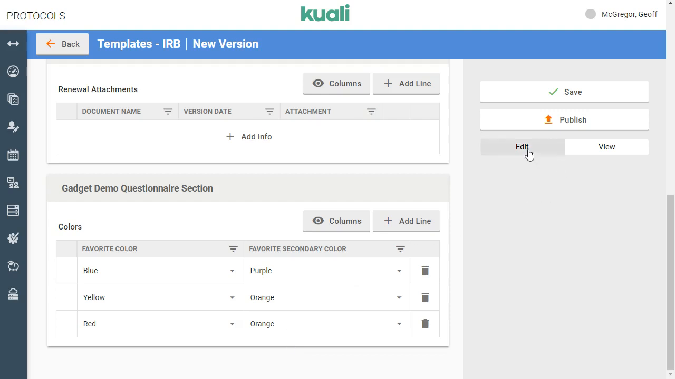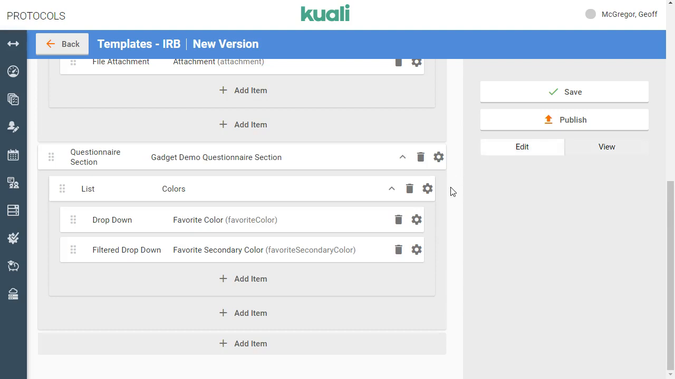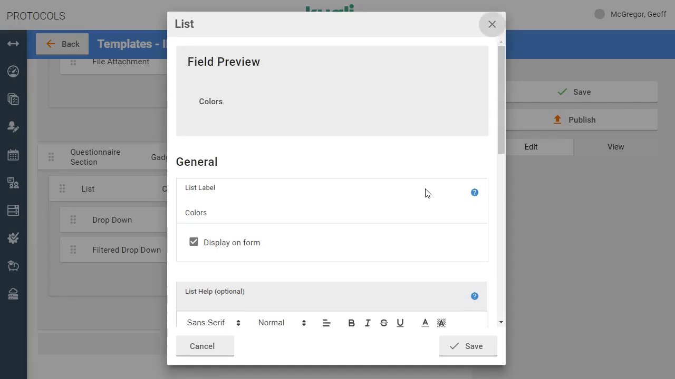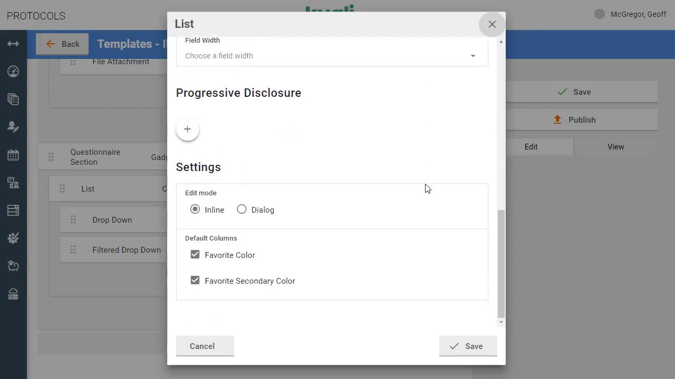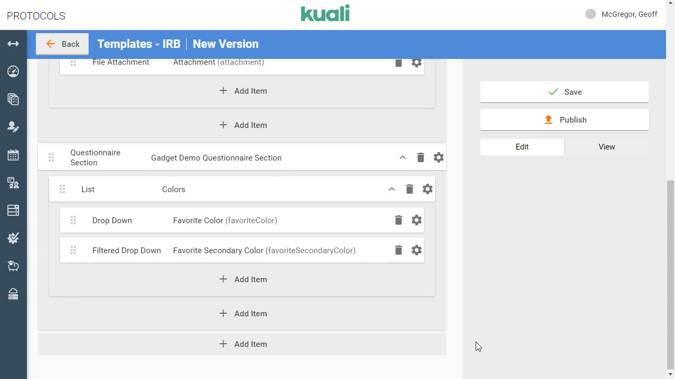So now we're going to go back to Edit, and I'm going to look at the list configuration again now that I have a couple fields in it. And if I scroll down, then we can now see favorite color, favorite secondary color show here. I can turn them off. That doesn't really make sense in an inline list context, but if I were to go to dialog list and turn off favorite secondary color and hit save,